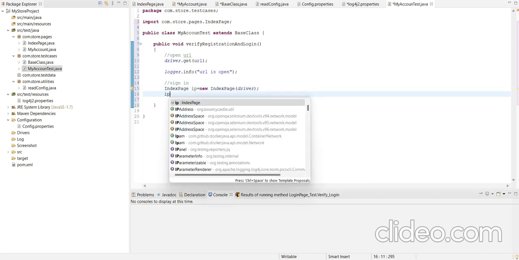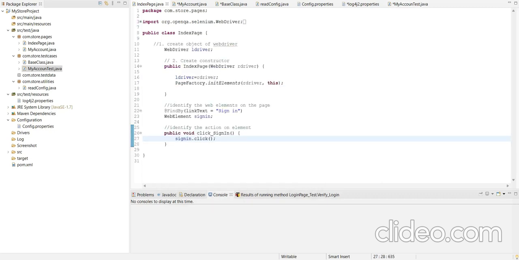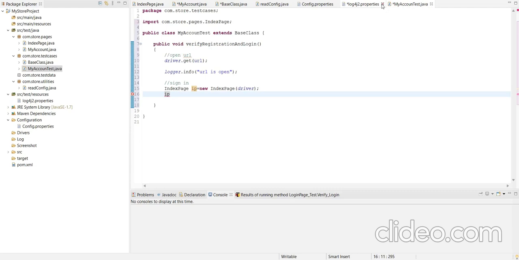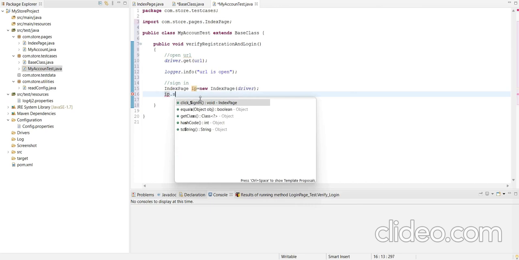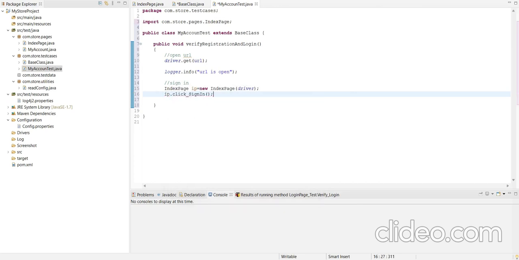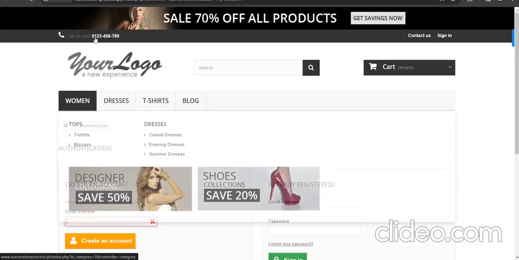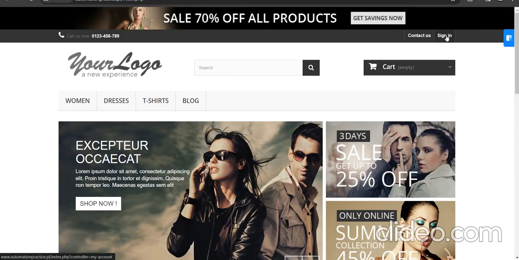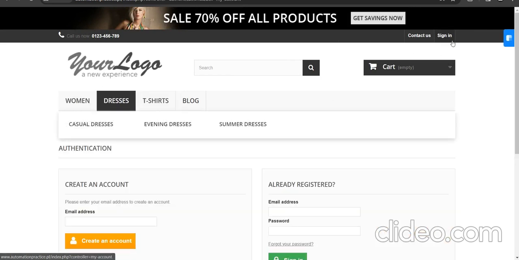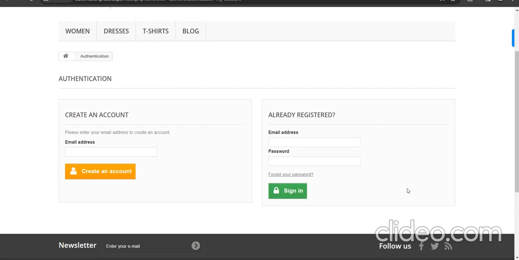Then we use this information, that is sign in and the click function. IP dot click sign in. In this way, it will click this button, and after clicking this button, we will get the my account page.